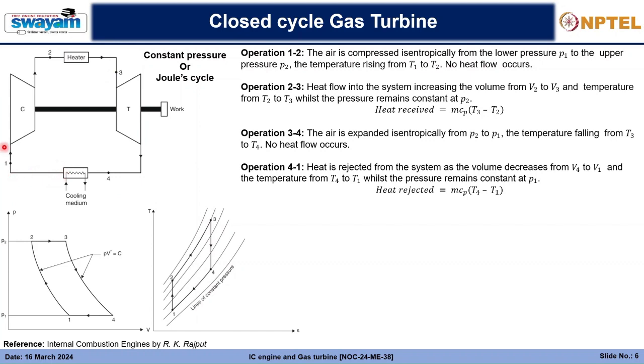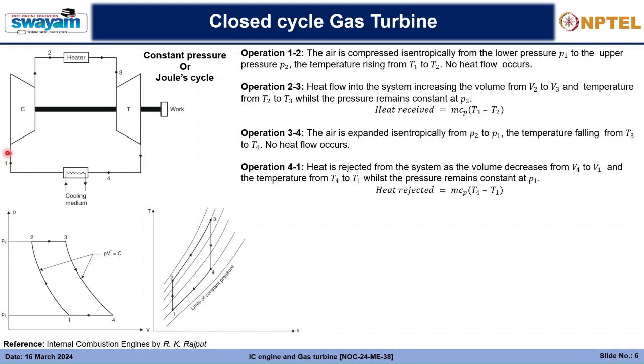So you will see that the fluid concerned will first go to the compressor. It will get its heat from a heater. Then the heated fluid will go into the turbine. It will expand between the two pressures, and then the exhaust will come out, and the same fluid is now